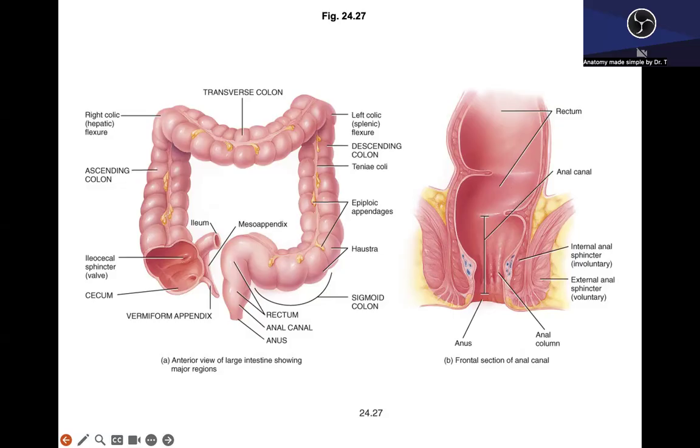Absorption of water is also part of the large intestine's role. We're talking about slightly less than 1 liter of fluid that will be absorbed, and some sodium, some chloride, and of course, the water-soluble vitamins. And finally, we need to address the movement of the fecal material into